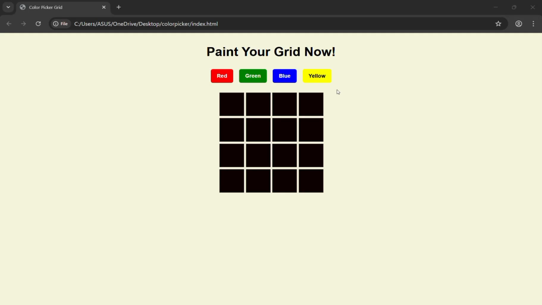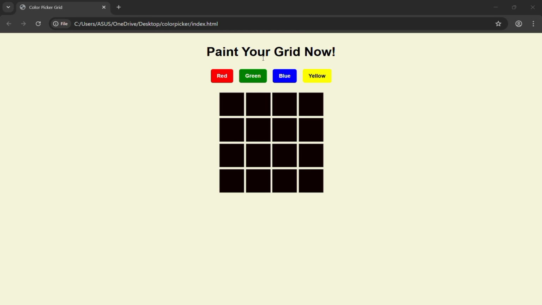So, hi, I am Joshua Orot, and I am here to present and explain the activity called Pickle Grid using JavaScript, HTML, and CSS. First, I'm going to show you the output. So, here's the output